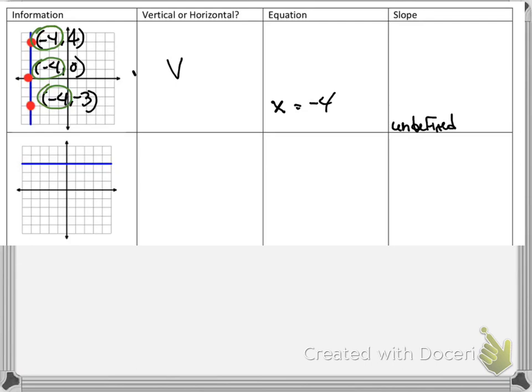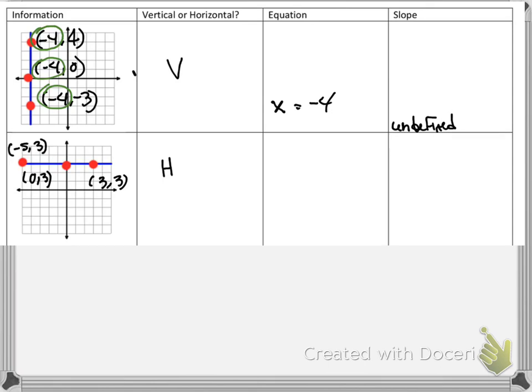So let's look at this next line. So hopefully you can look at it and realize that it is a horizontal line. And again, if you're not sure, if you can't remember whether the equation of a horizontal line is y equals something or x equals something, an easy thing to do is just pick a few points and label them. So for example, this is the point 3, 3. This is the point 0, 3 over there. This point over here, this would be